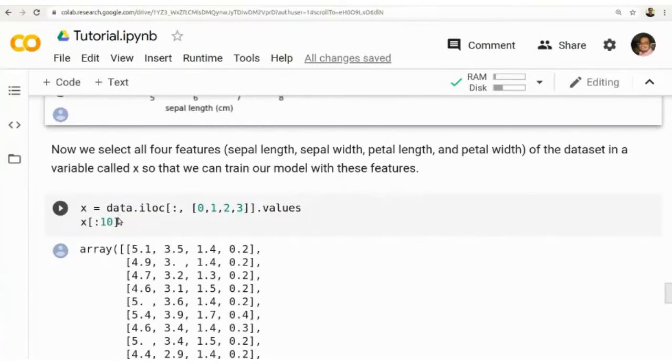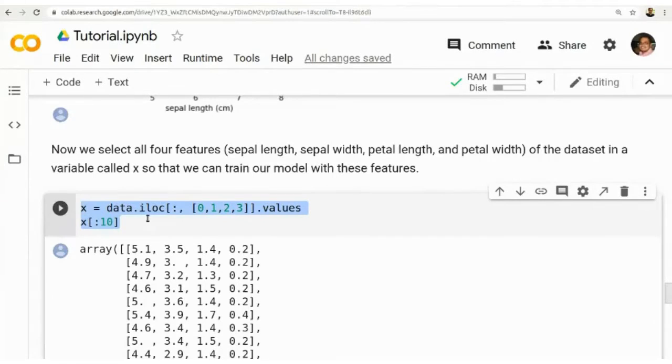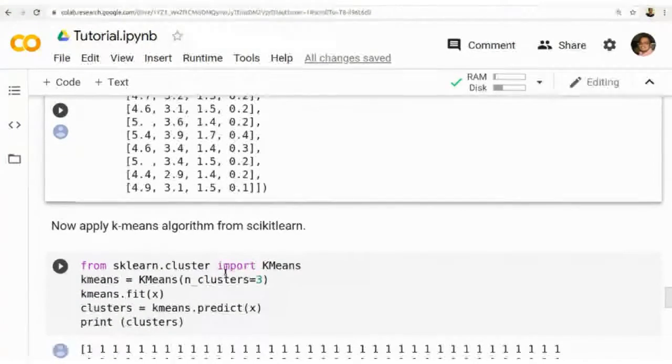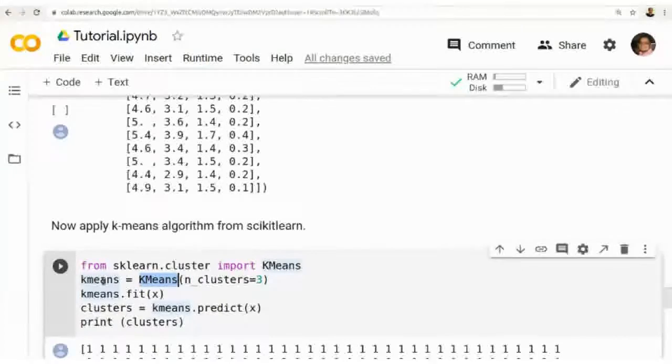In clustering, we are not using the label. So X is equal to the features 0, 1, 2, 3. The first four columns are taken as the feature vector, so each vector has four values. It is a 150 by 4 matrix. This is the feature matrix X. Now we apply this feature matrix to scikit-learn's k-means. We fit the data with kmeans.fit(X). First, create the object of k-means: kmeans equals KMeans with the number of clusters.